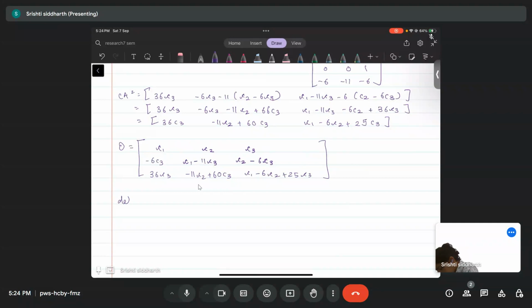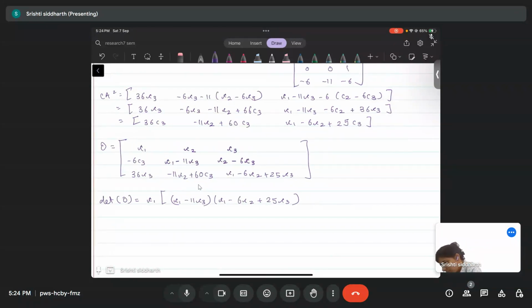So the determinant of the observability matrix is C1 times this large expression,